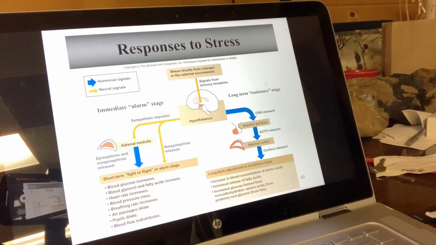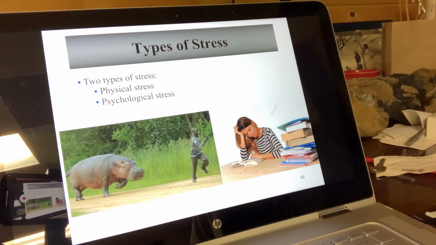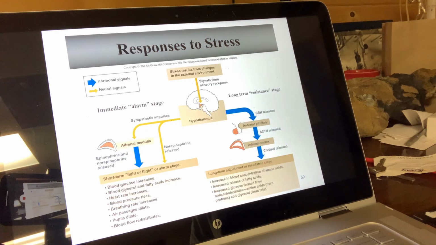We talk about two types of stress response. The immediate stress response, which is basically the sympathetic nervous system. That's what this guy is having right now. He's having an immediate response, which means that his sympathetic nervous system has kicked in. It is doing all the things the sympathetic nervous system does. It's going to release norepinephrine at the sympathetic nerve endings. It's going to increase heart rate. It's going to increase blood pressure. In addition, when your sympathetic nervous system